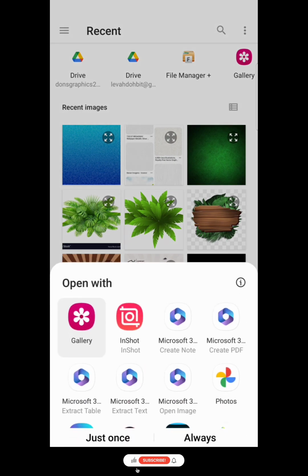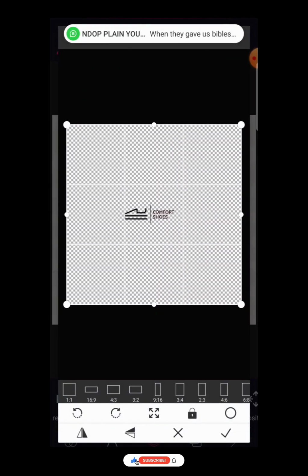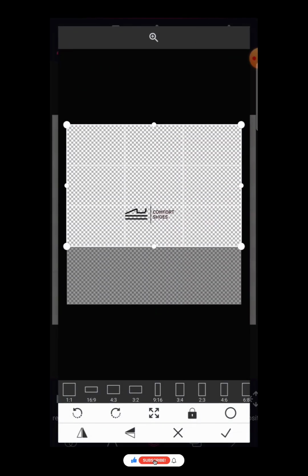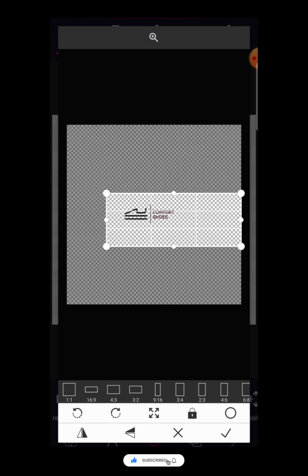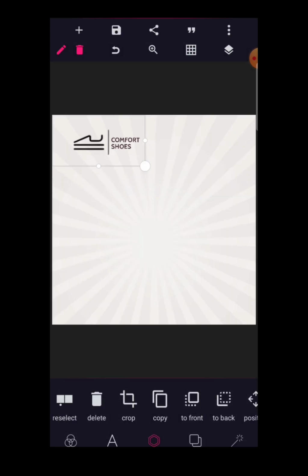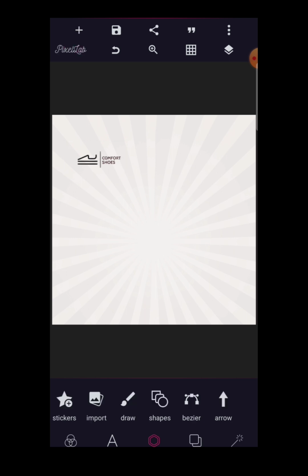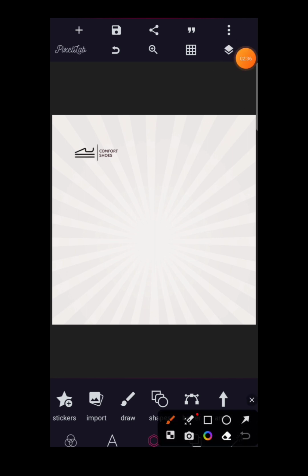Remember I said this is for a shoe brand, so I'm going to import the logo, and this is the logo for this shop that we shall be using. So here is the logo, Comfort Shoes. I actually designed this logo also on my Pixellab application. That will be a tutorial for another day. So we place the logo here comfortably, and after doing that, click on shapes,